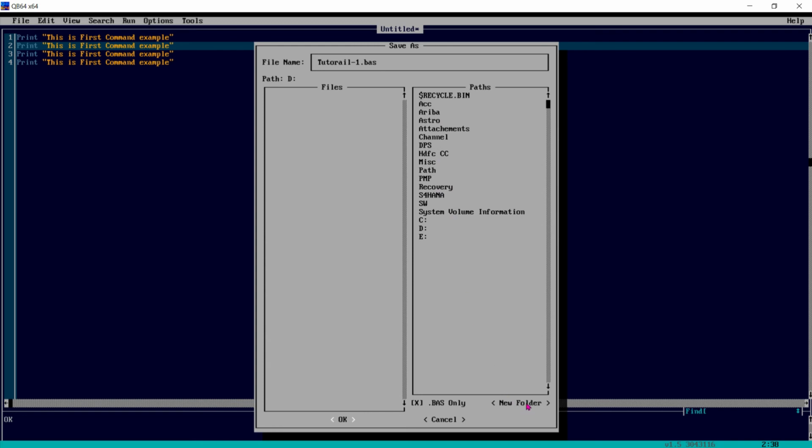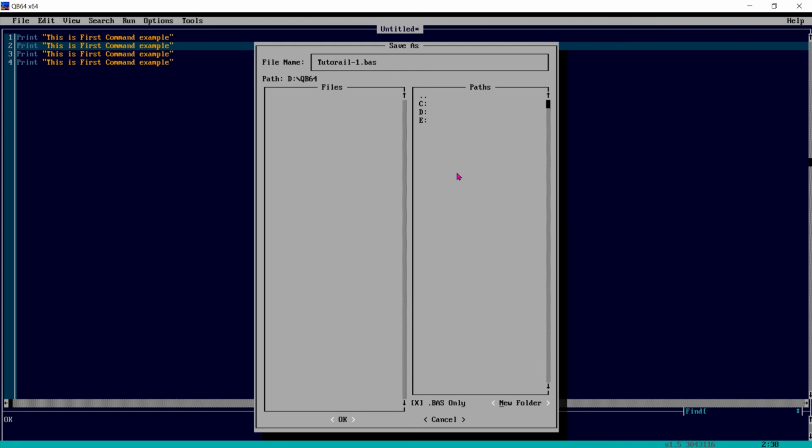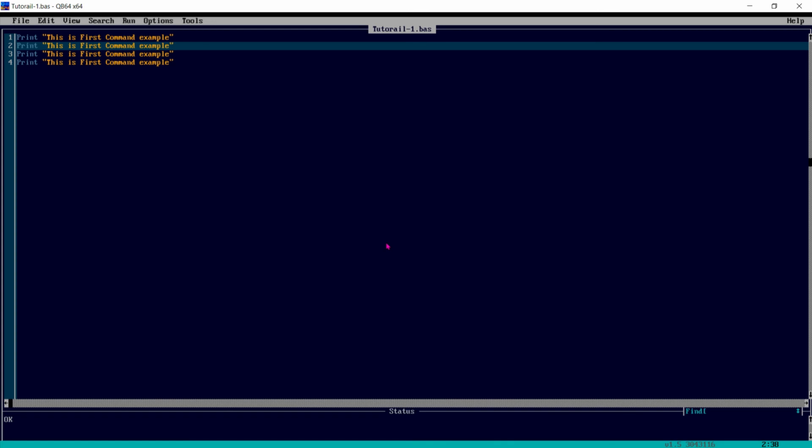If you want, create a new folder, say QB64. So D drive, QB64, tutorial 1, extension .bas, and press OK. This way we can save a program.